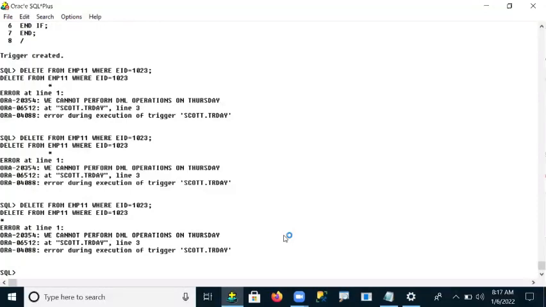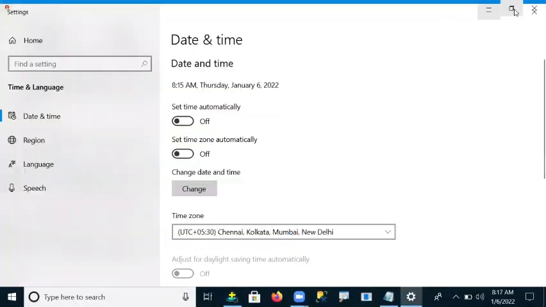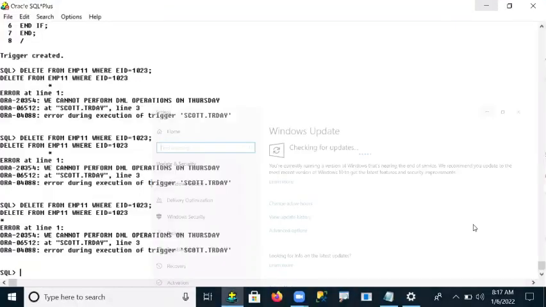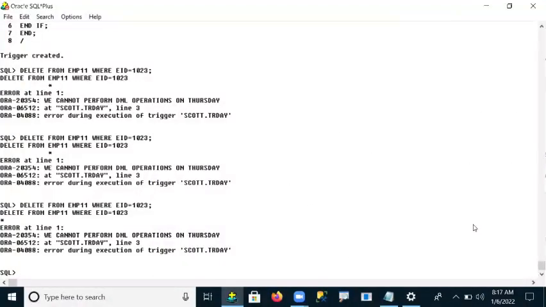That means your trigger will not give permission for DML operations on your table. On every Thursday, whether past, present or future, if your day is Thursday, then DML operations are automatically restricted by your trigger object.